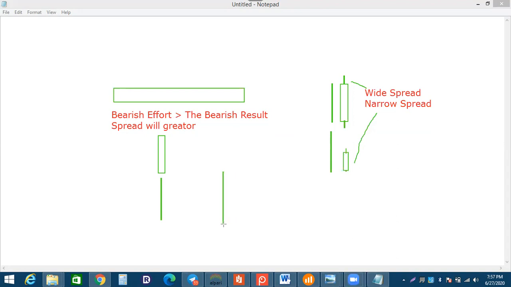So we can draw this type of small narrow bar: narrow spread and greater volume. That is the true answer. Now I think everyone understands, because all the study of VSA depends on these types of